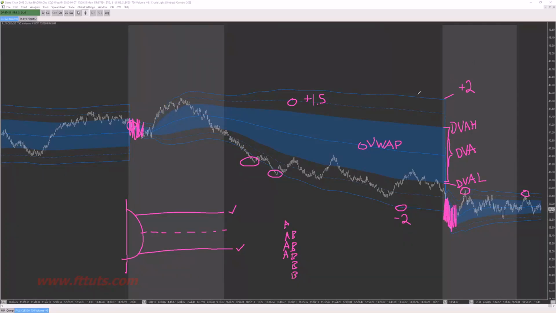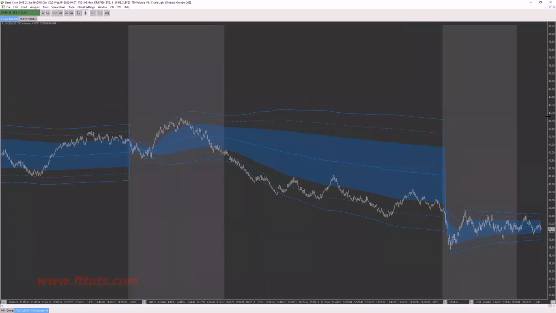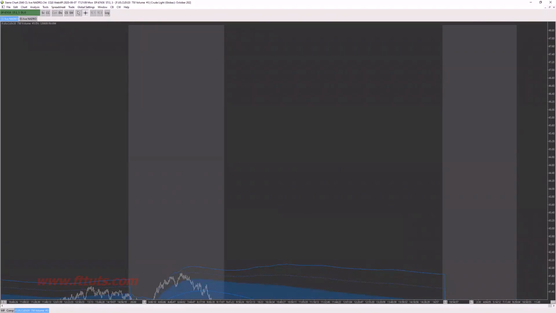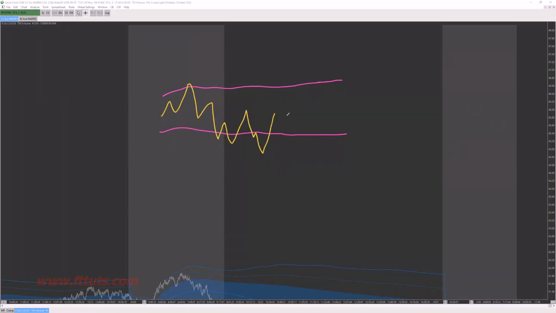Let's see here. So remember, there's 2 ways we can get into a trade. And I want to show you, just because I like to keep things as simple as possible at the very beginning, I just want to show you theoretically what I'm talking about. You probably already know, but if we are rotational, and here's our DVA, developing value high, developing value low, and then price is trading like this, right? As it does during a rotational period.